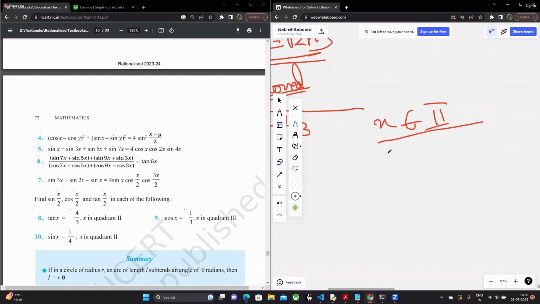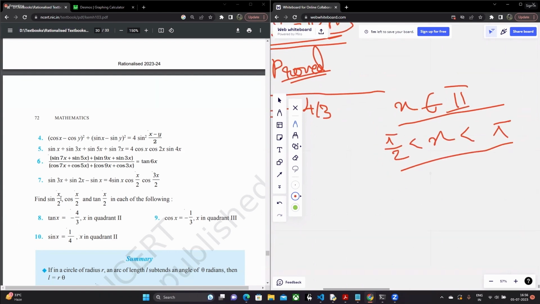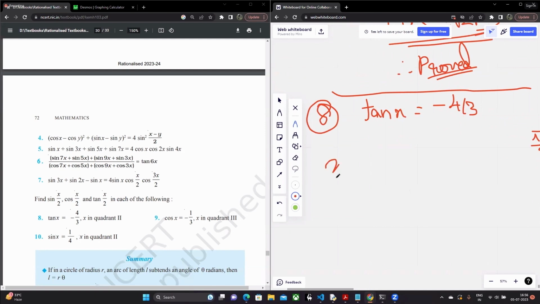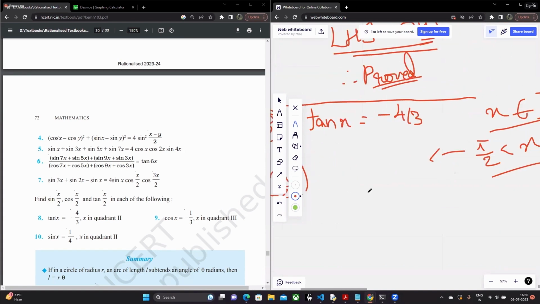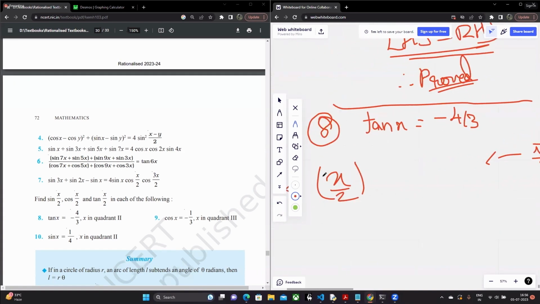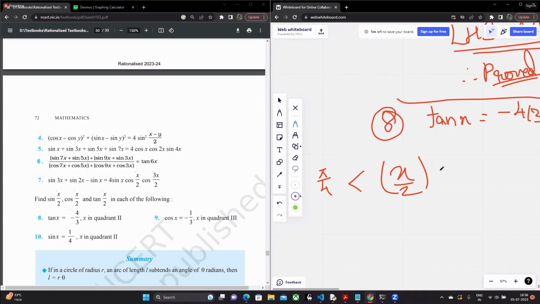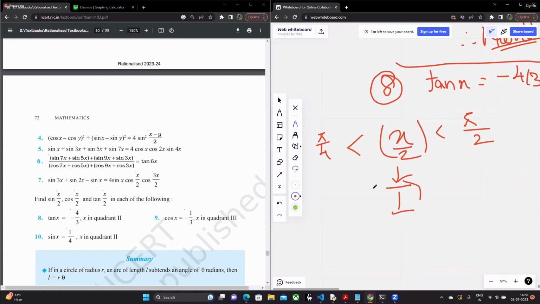If x is in quadrant 2, that means that pi by 2 is less than x is less than pi. Remember this, because when you're dealing with half angles, you have to see where x by 2 lies and not x. So since x lies between pi by 2 and pi, your x by 2 is going to lie between pi by 4 and pi by 2, or this is going to lie in quadrant 1. All right. Having this in mind,